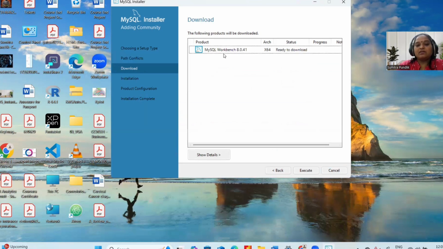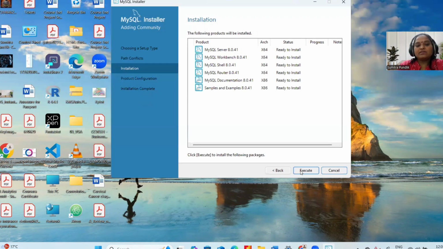And here I'll again get an option to download MySQL Workbench 8.0.41, which gave me an error earlier. I'll click on execute. Okay, now it is downloaded successfully. Click on next. So all products are ready for installation.